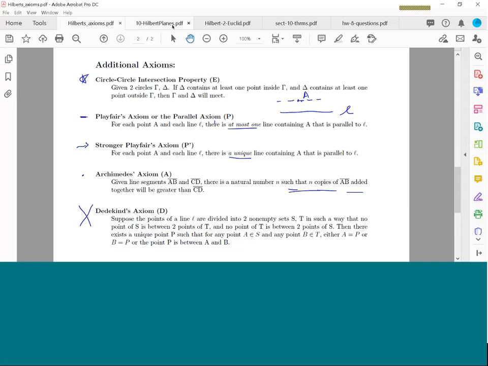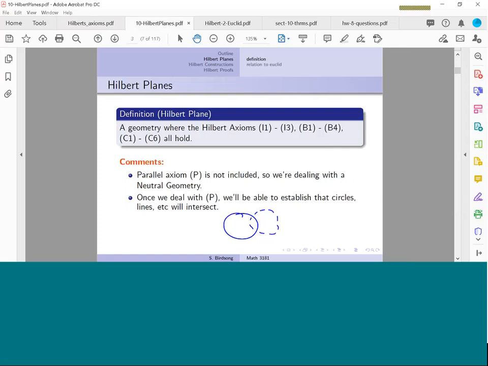Going back. So the regular Hilbert plane, notice it doesn't have any of those extra axioms on that second page. So if you want Playfair's axiom, or as your author now calls it, parallel axiom, you have to include it. If you want circles to be playing nicely together, you'll have to include that axiom E, which we'll talk about on Monday. And this is what we actually already said. We have circles, but we have no guarantee that they intersect with each other nicely, or at all. And that actually includes circles and lines intersecting as well. All right, so